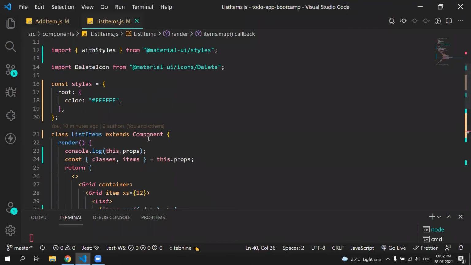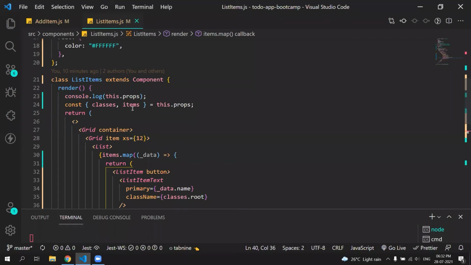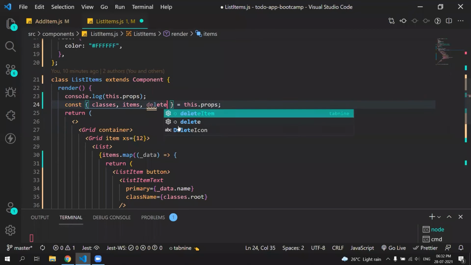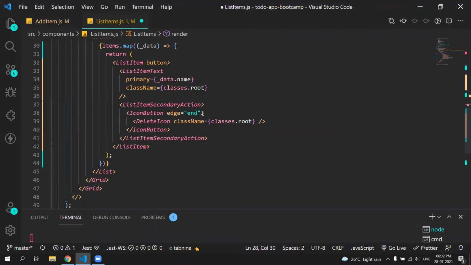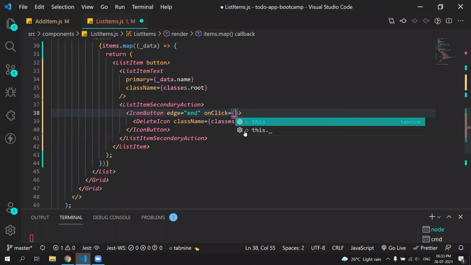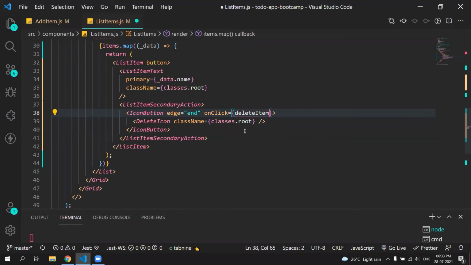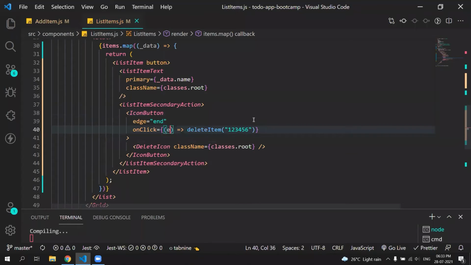Let's destructure deleteItem, and in this icon button, let's add an onClick event, call deleteItem and pass some random id which is 123456.